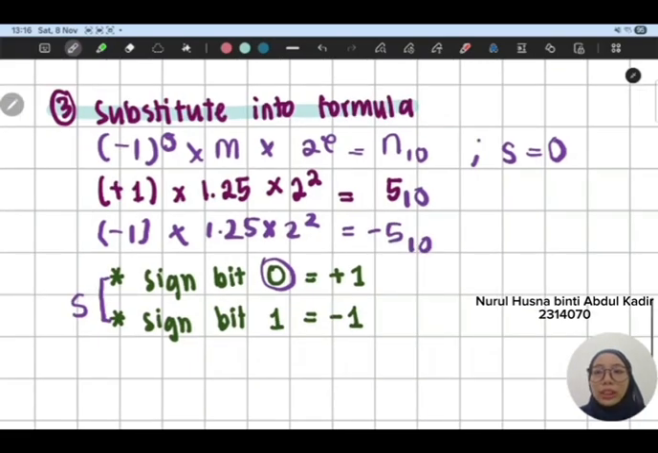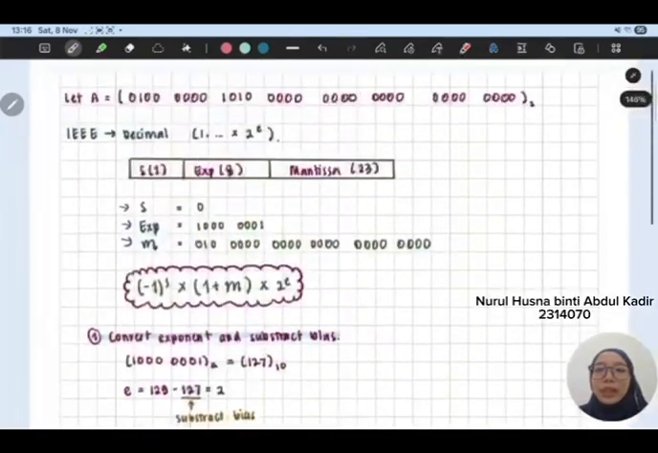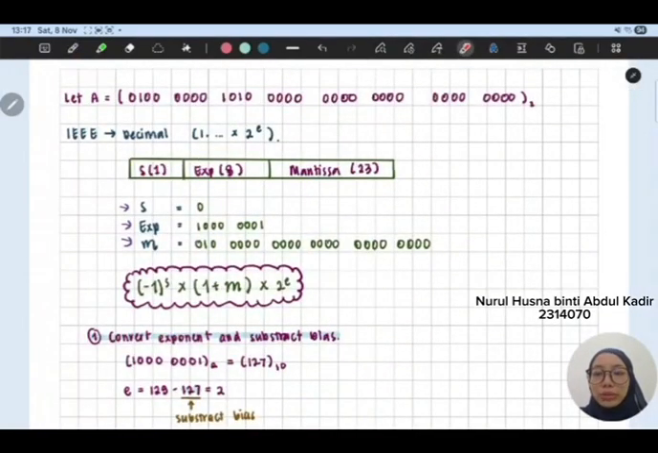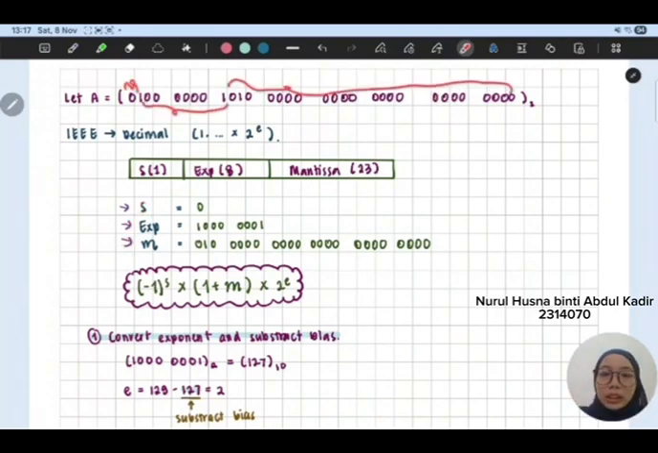That's all. Okay, so let us have a quick recap. First of all, we need to separate all of the information given into S, exponent, and M, which we get from the IEEE. Here is our S, here is the exponent, and lastly here is the M. Then we continue with